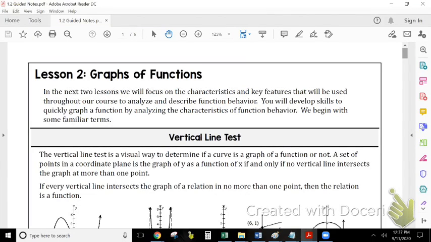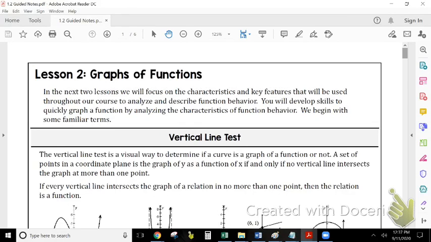Okay, lesson 2 of our first unit talks about graphs of functions. And so we can read here, it says, in the next 2 lessons, we will focus on the characteristics and key features that will be used throughout our course to analyze and describe function behavior. You will develop skills to quickly graph a function by analyzing the characteristics of function behavior, and we begin with